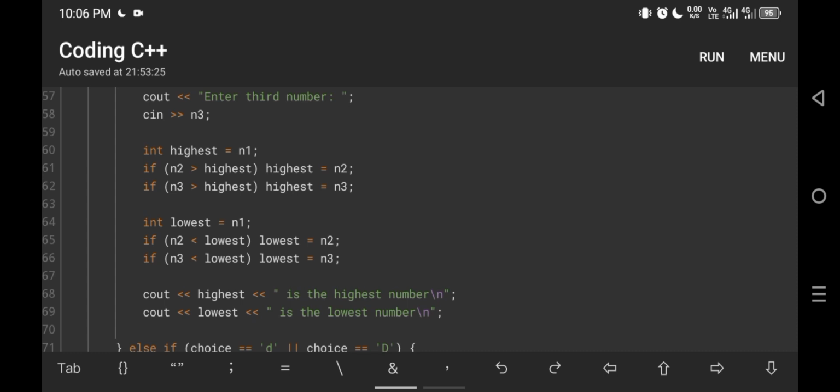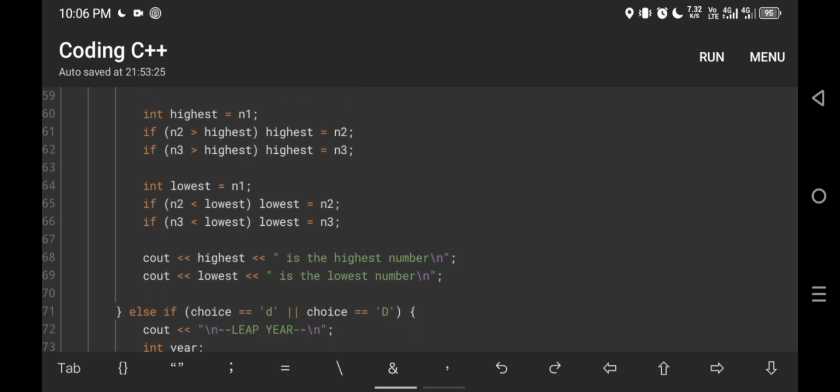And in lines 64 to 66, we are finding the lowest number by comparing them using the less than operator.